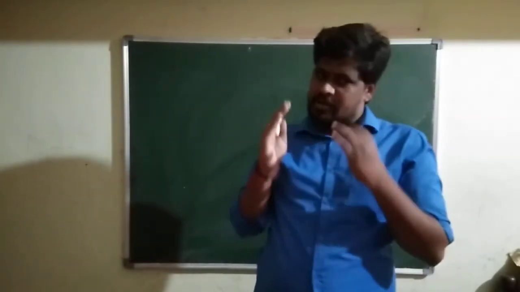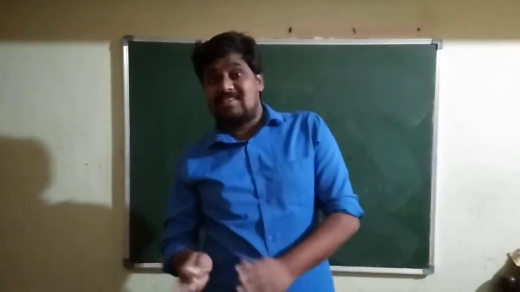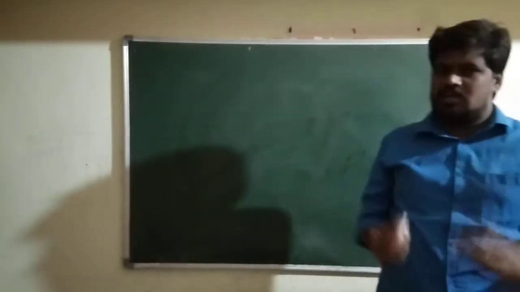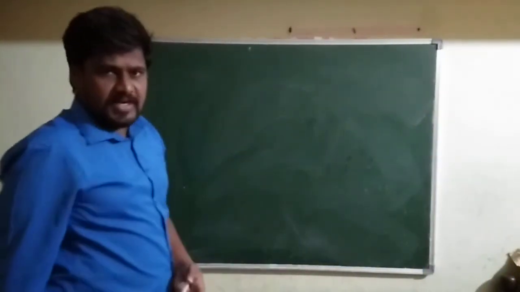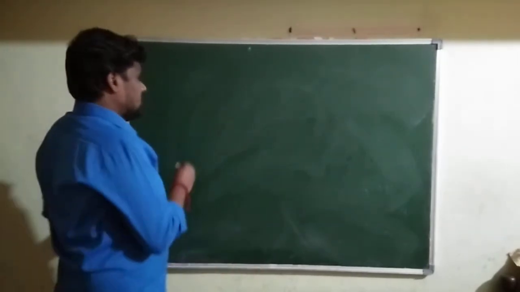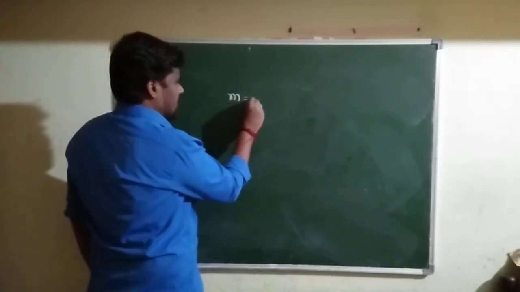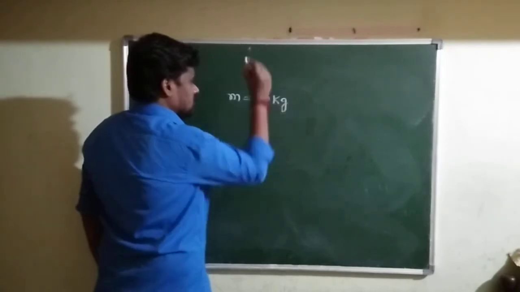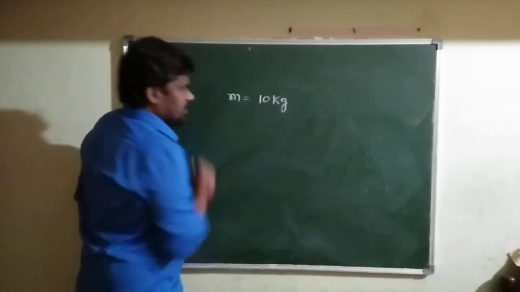After measuring any physical quantity, we have to represent the result of our measurement. For example, I have measured the mass of a box. How do you represent the measurement of mass here? The mass of the box, m, is given by, maybe it is equal to 10 kg. So look at the measurement here.